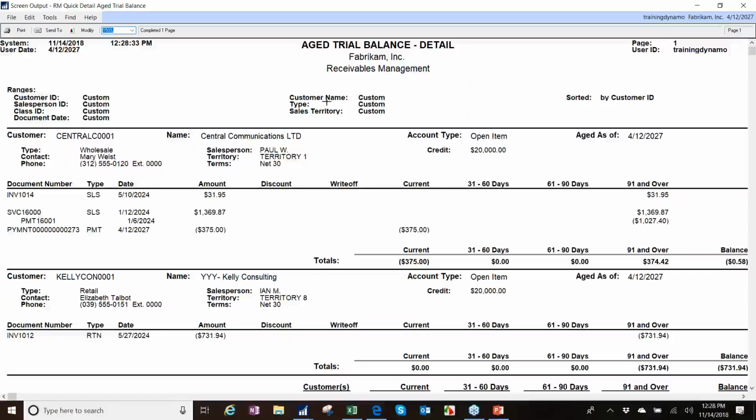Ranges, custom, custom, custom, because it's all based on the navigation list. It's not a saved list. So you don't have to do some crazy saved smart or aged trial balance option. You could just filter that, run it, and now I can see here, okay, this is this customer, they have